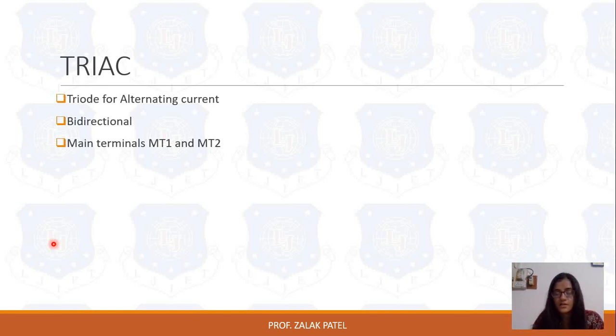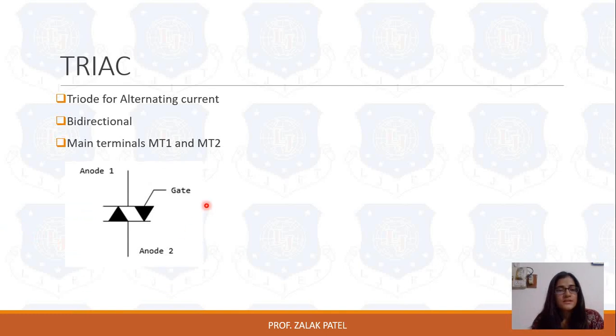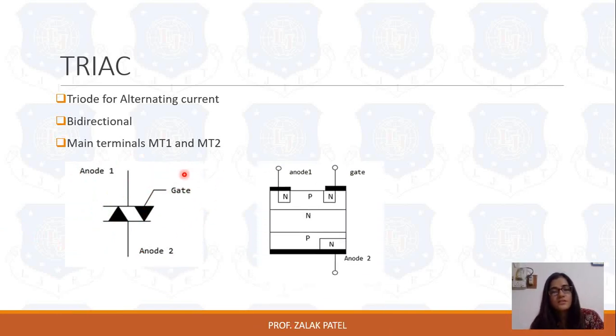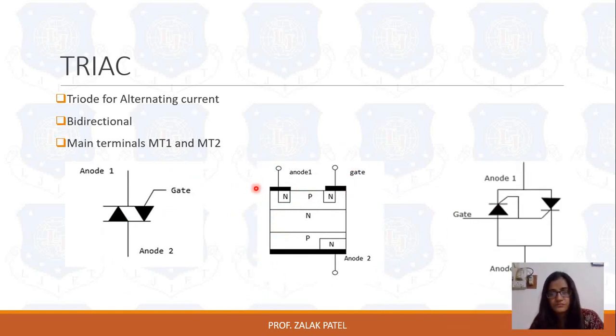Now let's see the construction. This is its schematic. Between two diodes there is a control terminal, which is called a gate terminal. If we draw it as transistors, then it is like this, PNP and NPN transistors with a gate terminal. We will see the operation of this construction later on. This is how TRIAC will operate if SCRs are connected. So here you can see that the gate terminal of one SCR is connected with the other SCR.